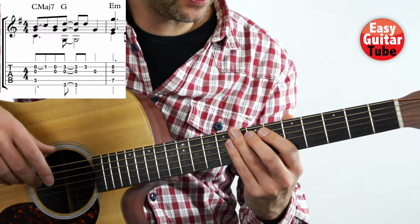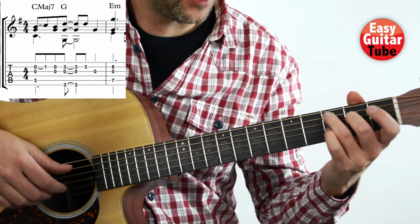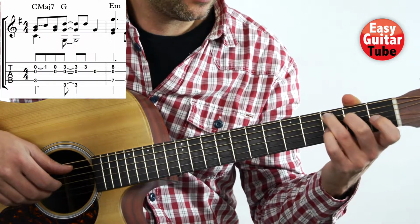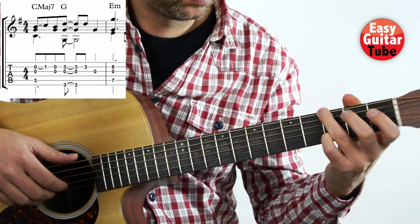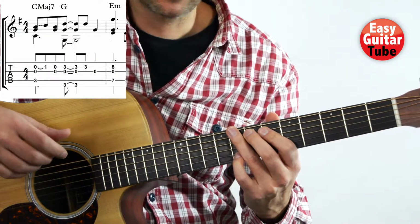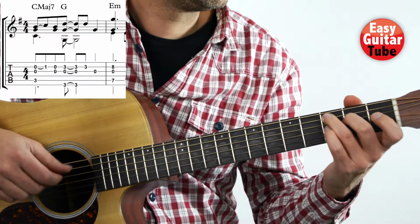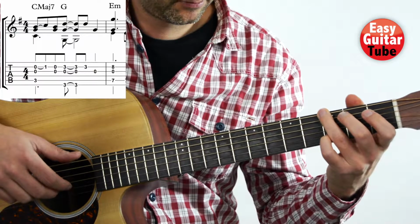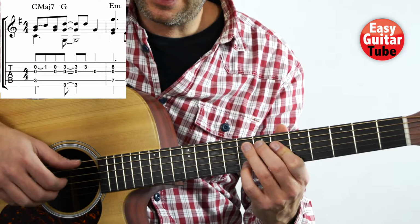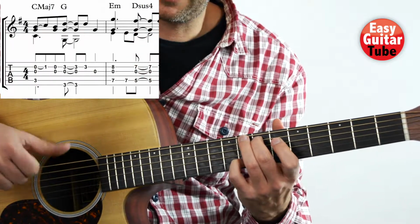Okay, so now let's try together. From the beginning, first measure and this first chord from the second measure. 1, 2, 3, and Let's try one more time. 1, 2, 3, and perfect. After that, we play only the 5th string with the thumb,